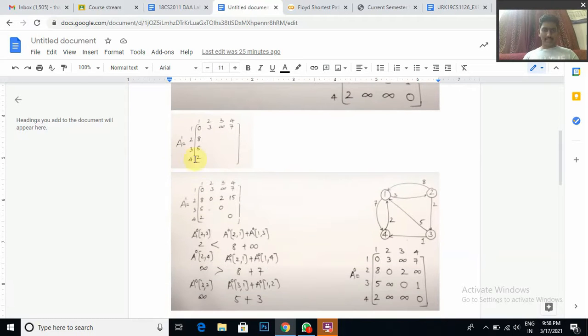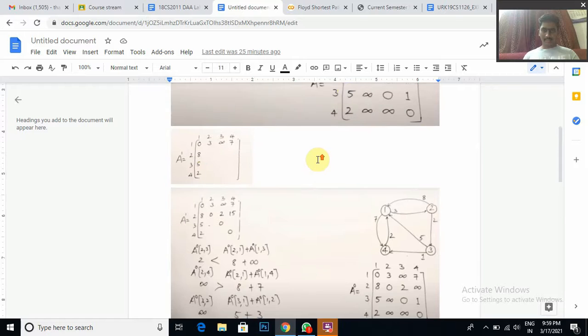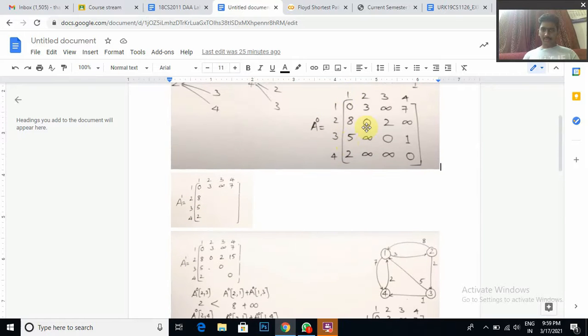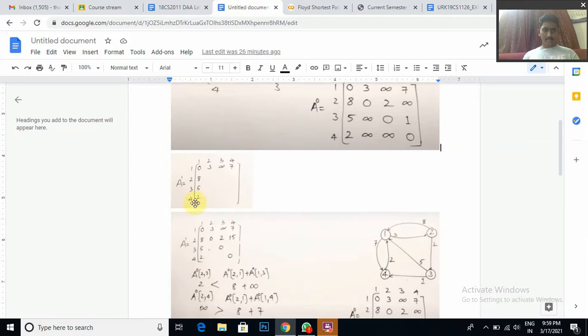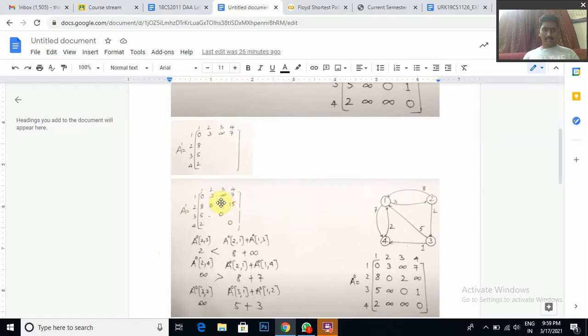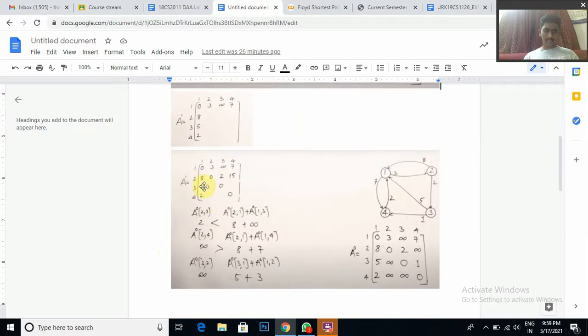So for that I have taken a1 here. A1 is the intermediate matrix. We have to fill column 1 and row 1. You have to fill the values the same as in a0. I have told you before, we have to build a1 from a0, and if we are planning to build a2, then we have to take it from a1. The values from a1 you have to consider, and then we build a2. So I will show you how to build the matrix with 1 as the intermediate vertex, and how we have to build this from this table.